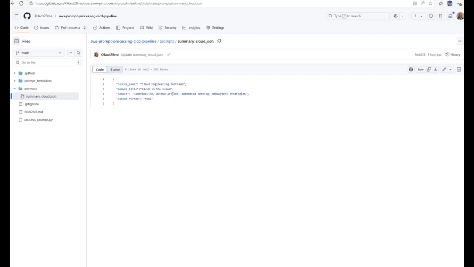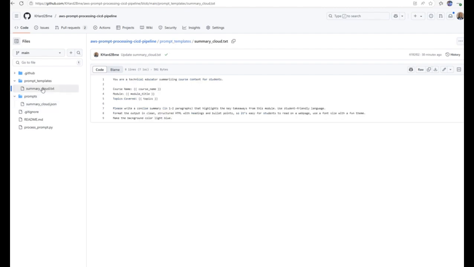Right now, as you can see, they have the module title CI/CD in the cloud, and the topics covered are CodePipeline, GitHub Actions, automated testing, deployment strategies. So now this is going to be used within the first template,